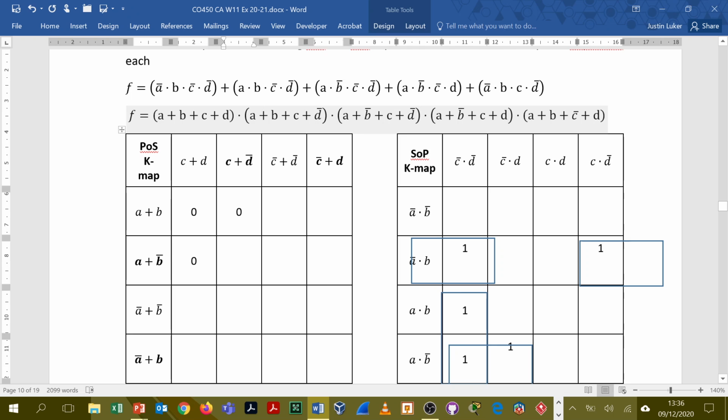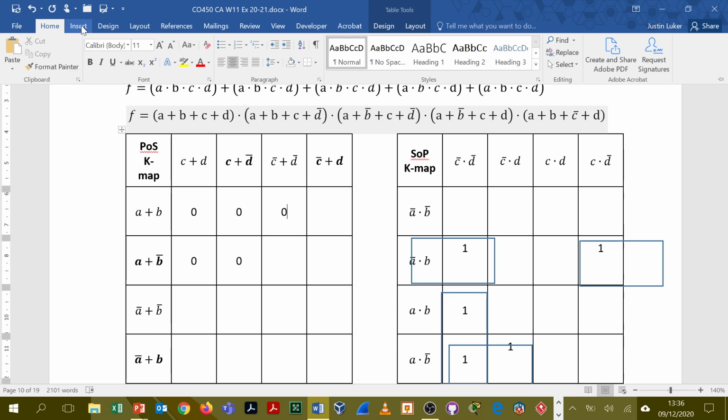A or not B, C or not D. That one. And then A or not B, C or D. And then we got A or B, not C or D. Okay, right. There. Okay, so again, primary implicant groups that we can create here. Well, the best group that we can do with the POS,